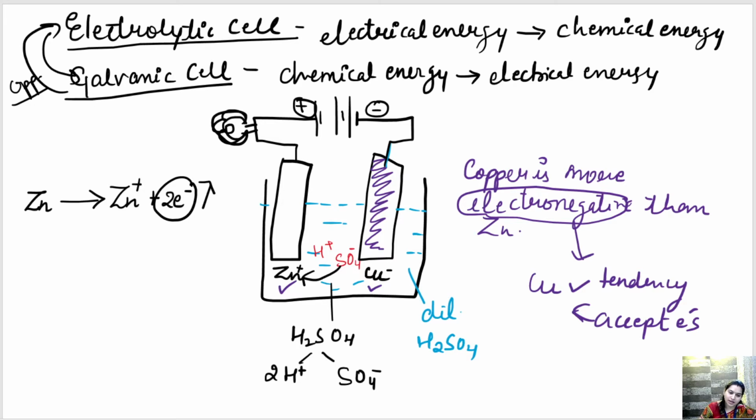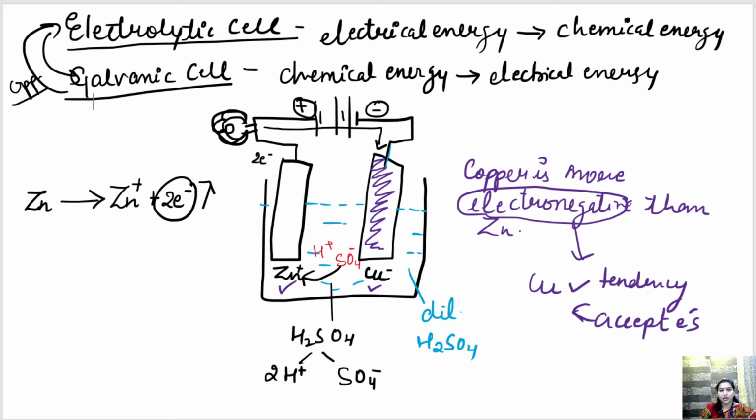Now this zinc is losing two electrons, और ये दो इलेक्ट्रॉन इस वायर के थ्रू what will happen? With the help of the wire they will move to copper. It will not go through this electrolyte solution. Why will it not go through the electrolyte solution? Because if these two electrons are immersed here in the electrolyte solution, then no reaction will take place. Okay, there is no one to accept it.